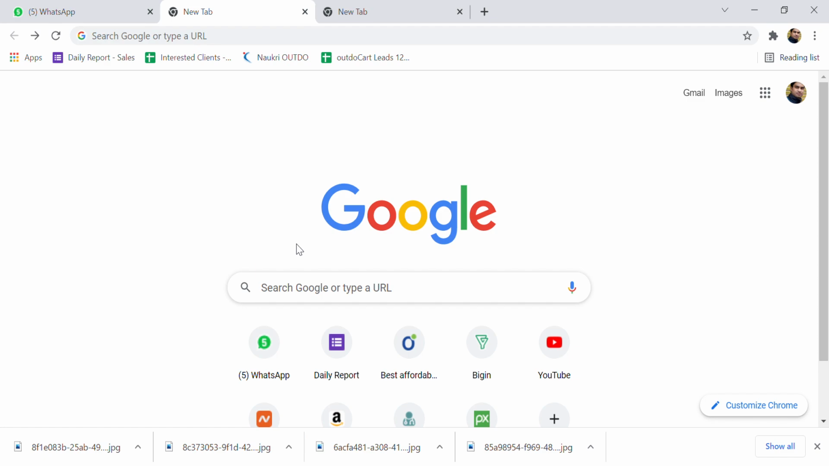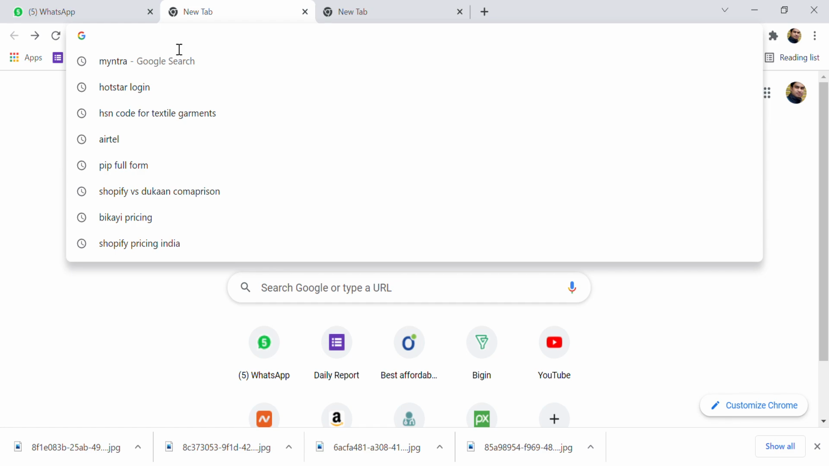And so, after subscription, now it's time to understand how to start setting up our store and to understand all the features which are available inside OutDo Cart. Okay, so to begin, let's open a browser and let's type